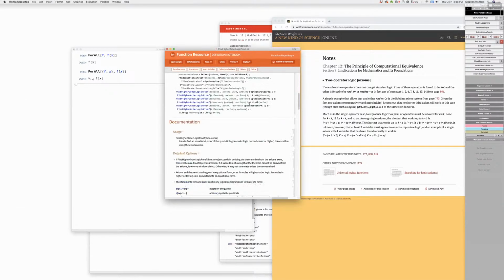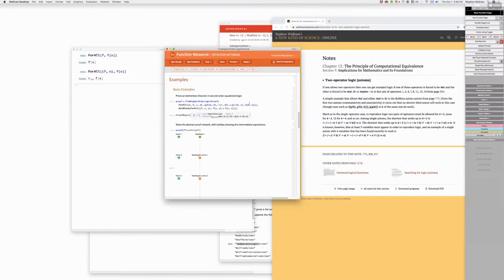Let's just show Adam for a second. Is it in not ready? I forget where it is. It's in JG drafts. Find higher order logic proof. That's the one. All right. So if we run find higher order logic proof.